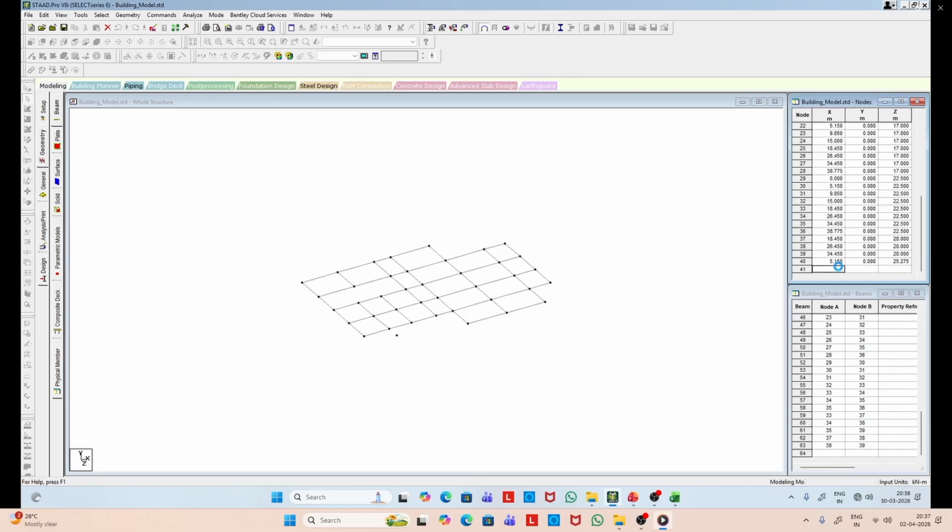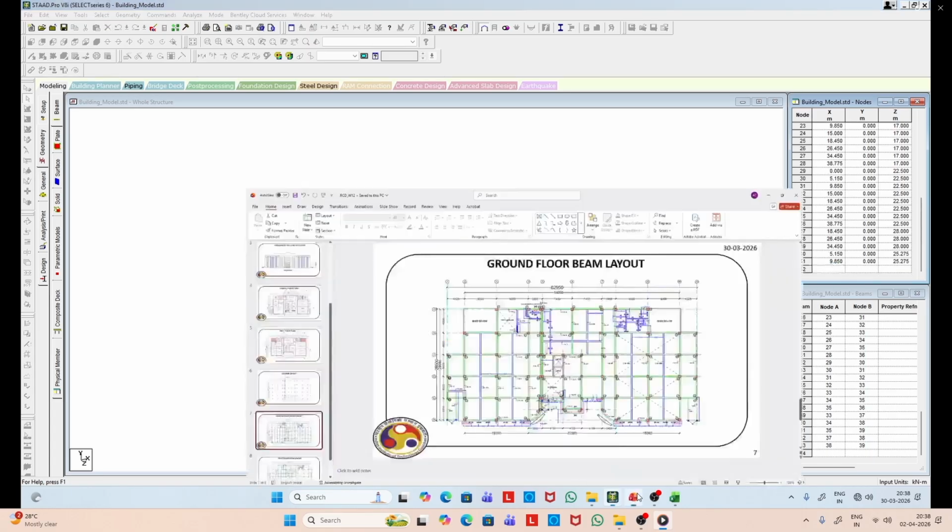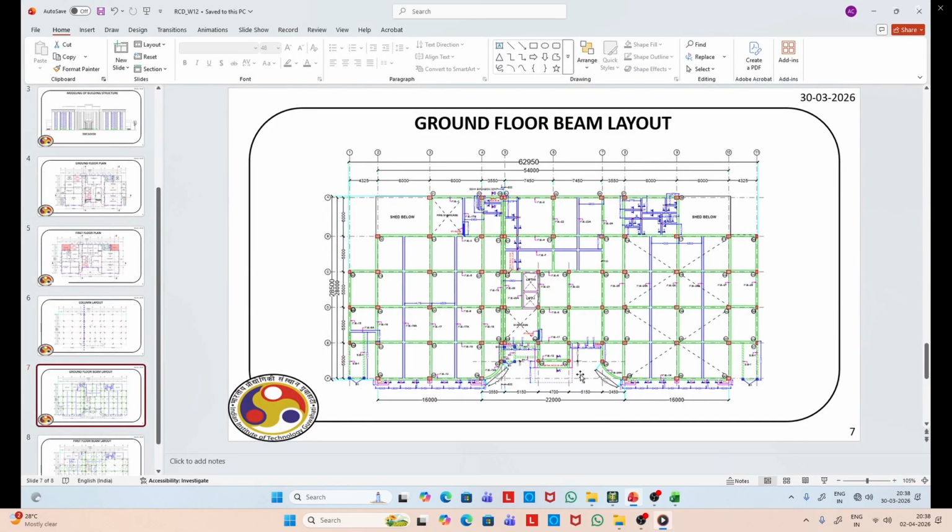So now you can see another column point is created. So the next one is also created, as you can see there.